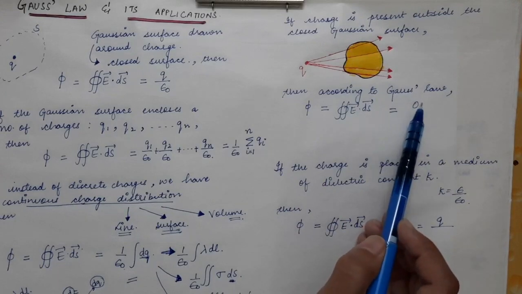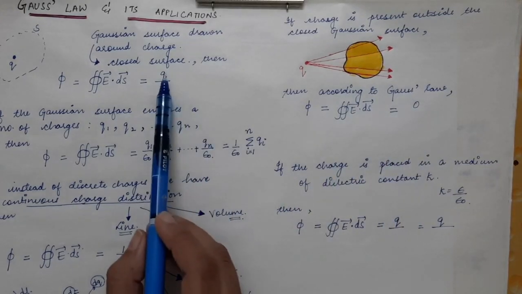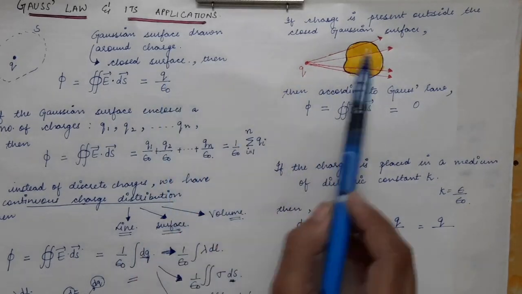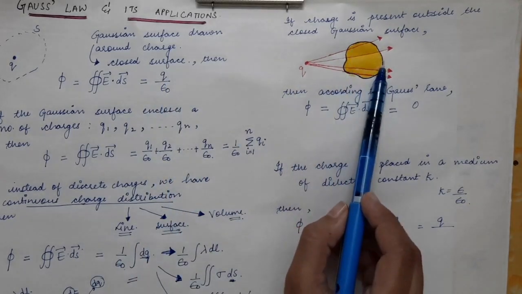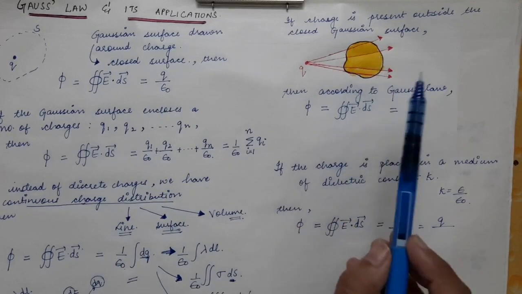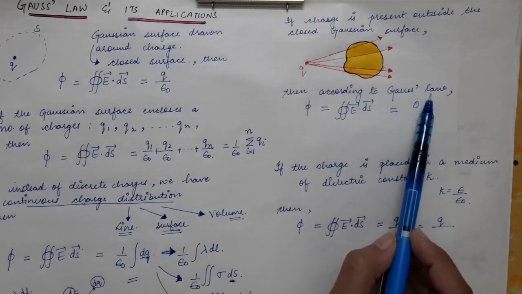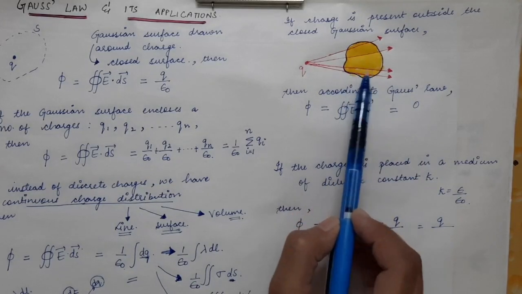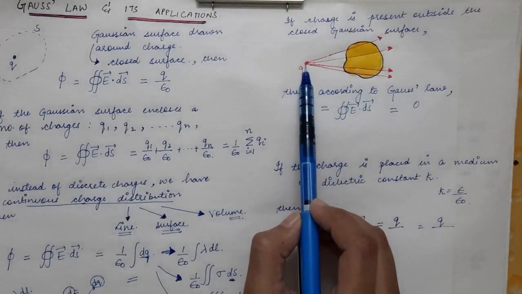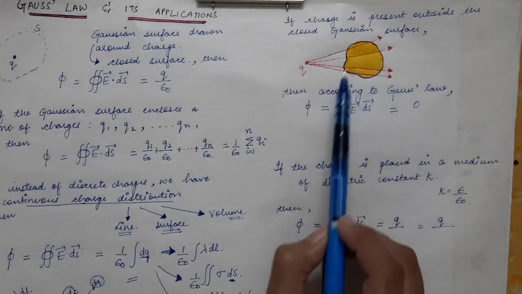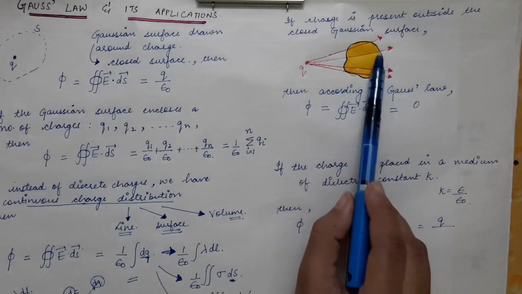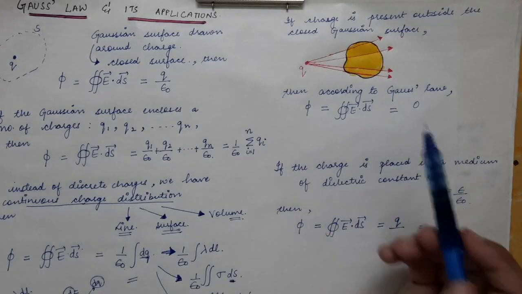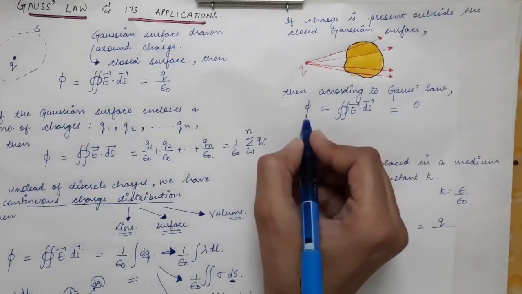So Q1 plus Q2 plus Q3, or you can say Q on the right hand side, is equal to 0, because Q is the charge which is enclosed inside the Gaussian surface only. Gauss law takes into account only those charges which are present inside the Gaussian surface. So if the charge is present outside, the flux linked with that Gaussian surface will be equal to 0. You can also see what is flux.